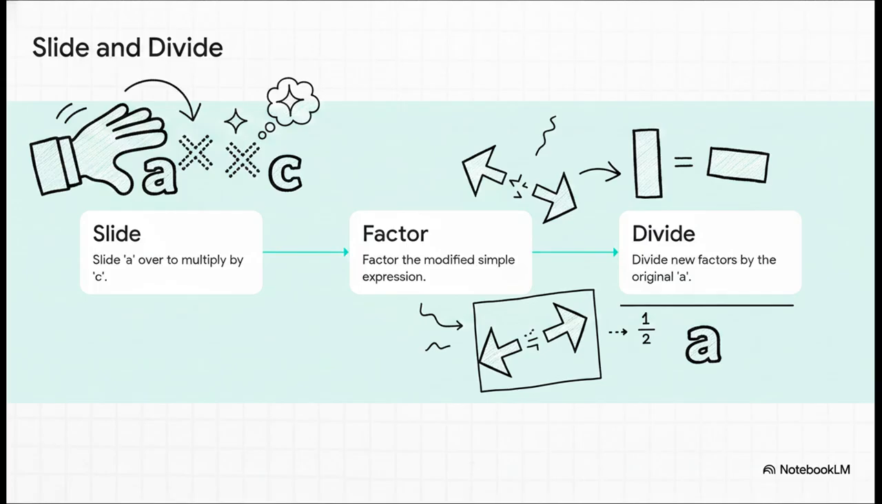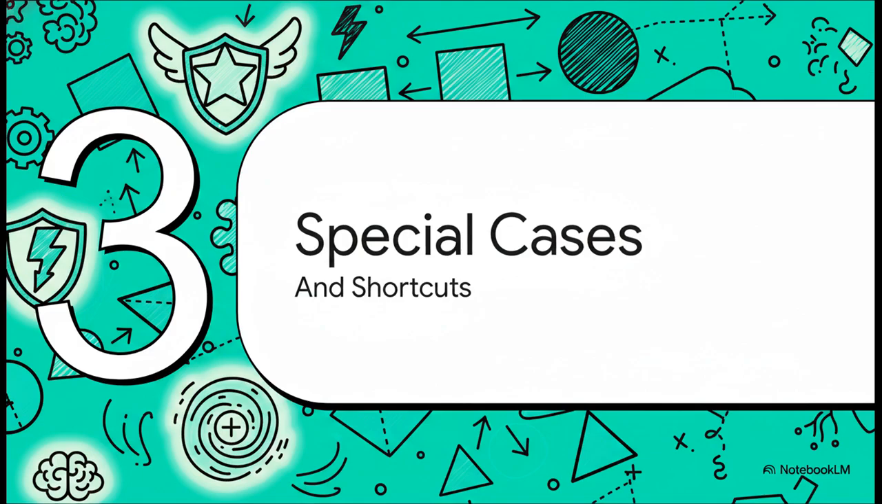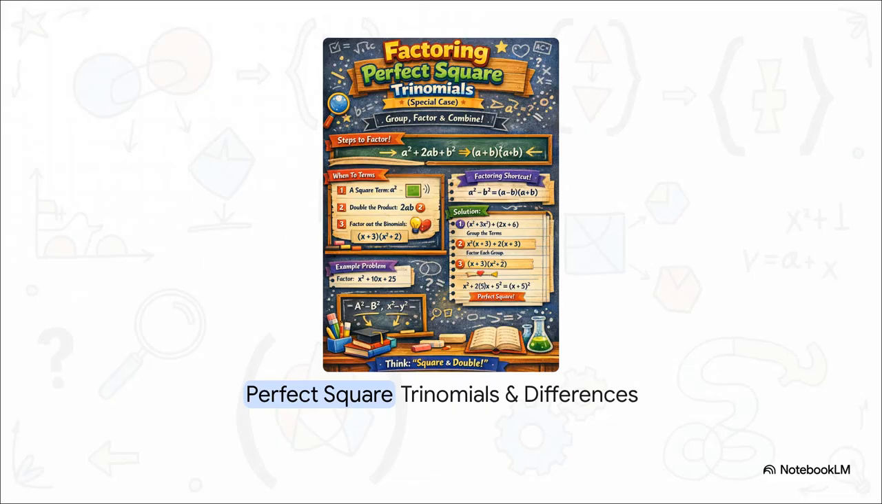And third, you divide your new factors by that original a term to balance the whole thing out. It completely removes all the guesswork of trial and error. Which brings us to Section 3, special cases and shortcuts. This is where factoring gets really fun. Once you train your brain to recognize certain mathematical patterns, you can skip all the hard work and just use